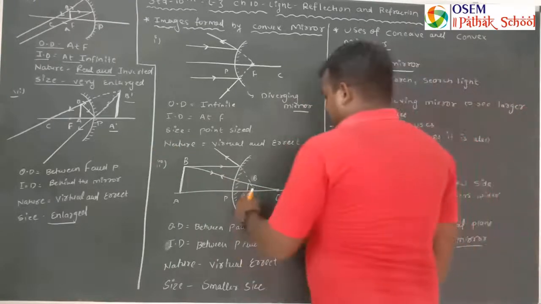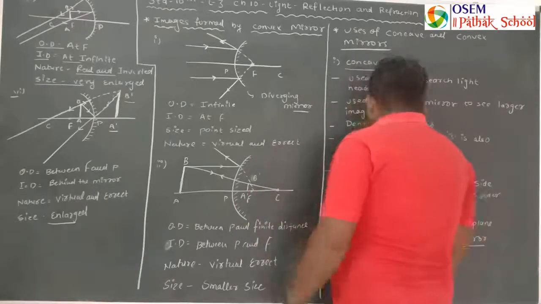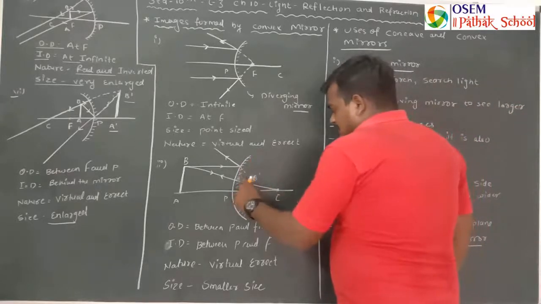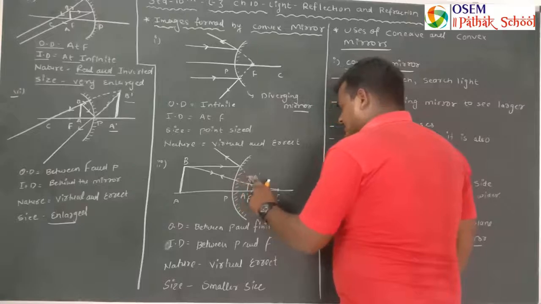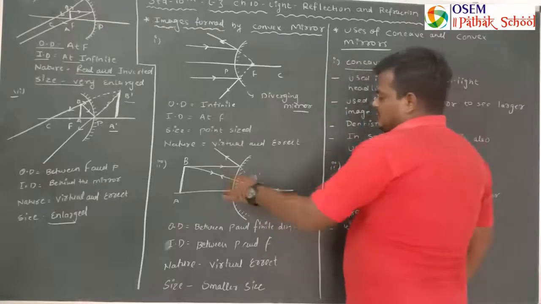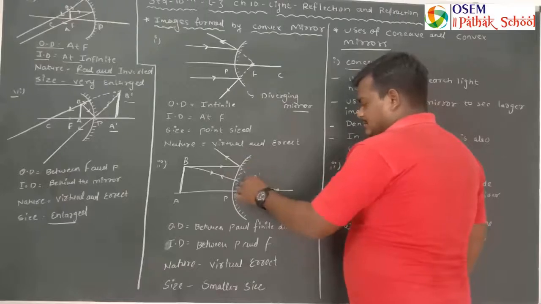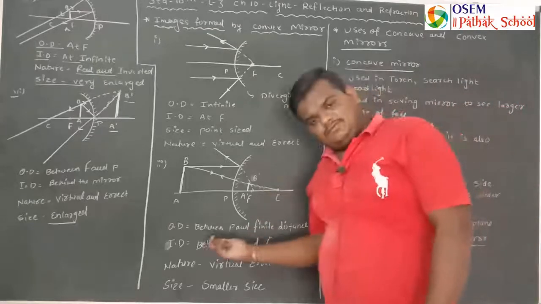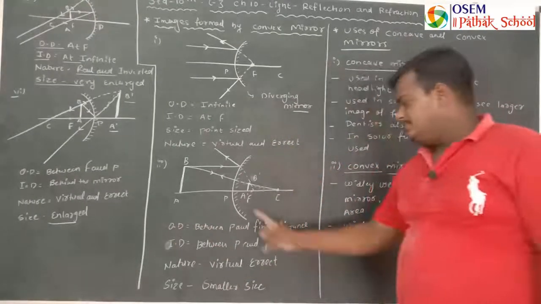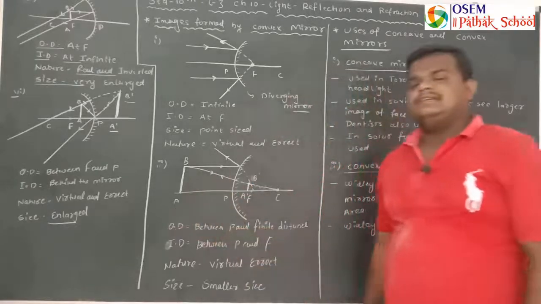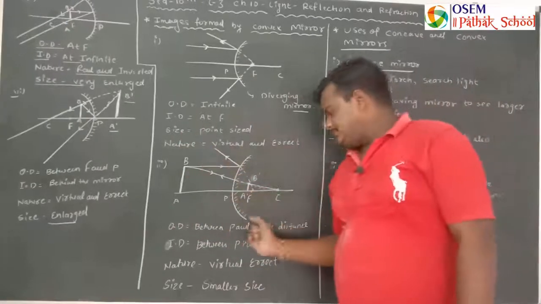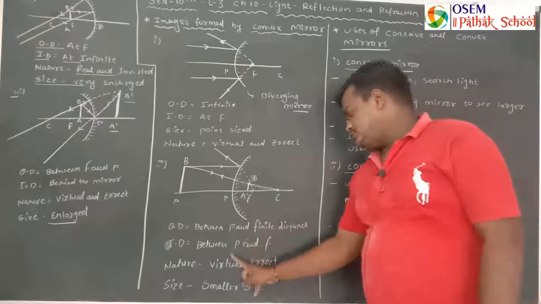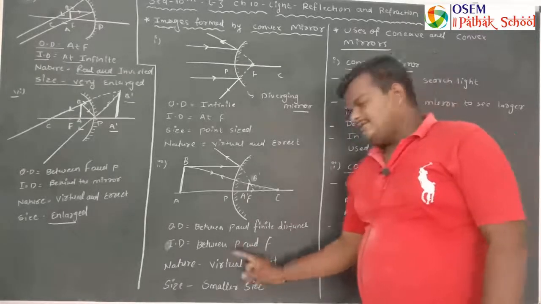If we want to find the image formed by this type of mirror, we have to extend this line. So when we extend these lines, we obtain this dotted line, and this line meets here. So image is formed here. This is A dash B dash. So for this case, object distance is between P and finite distance, कुछ desired distance पे put किया है. Image distance: image is formed between P and F. So here image is formed between P and F.